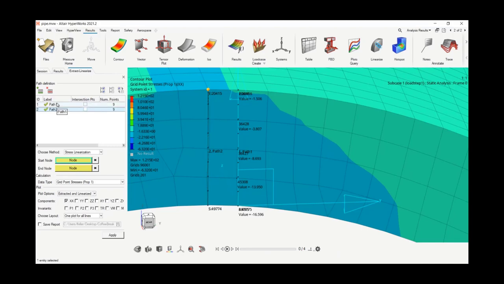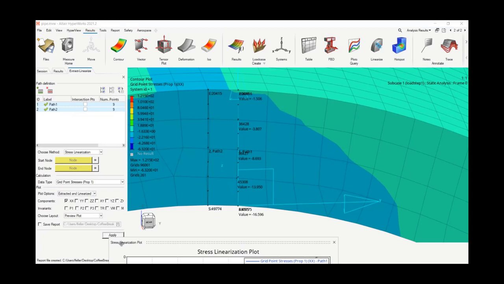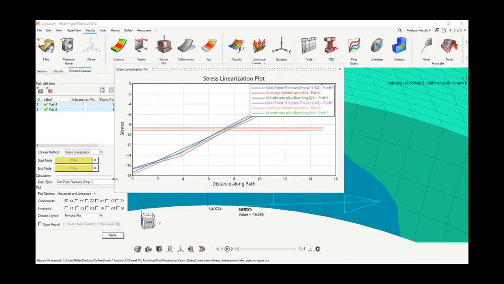I can do that. If you want to select multiple things to plot at once, you'll have to control select. And now when you plot, you'll get the same information because all we've asked for is the stress in X, but you'll get it for both path 1 and path 2. They will be nicely labeled